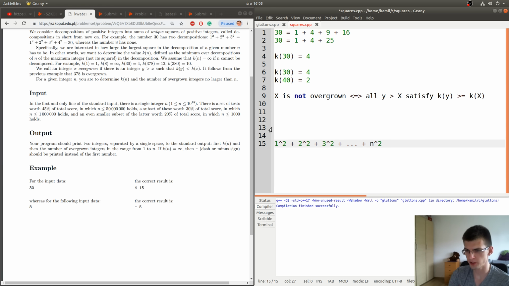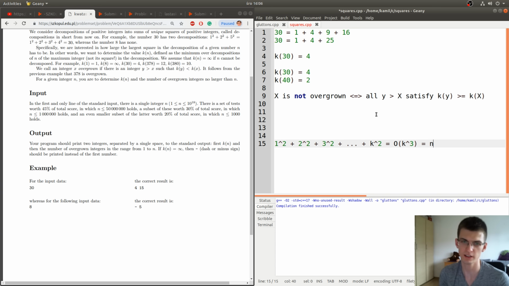So, of course, maybe we don't have consecutive values here, but if the gaps between values aren't big, then maybe the answer, so maybe let's not call it n, let's call it k, because it's that biggest square. So maybe then k will be of magnitude n, the value from input, like cubic root of that, because this is of order around k cubed, and we want it to be equal to n.